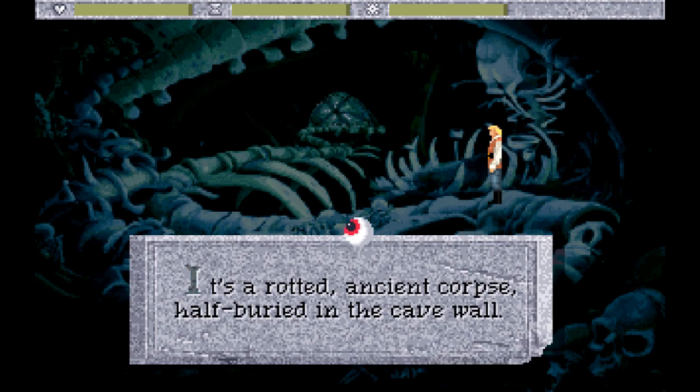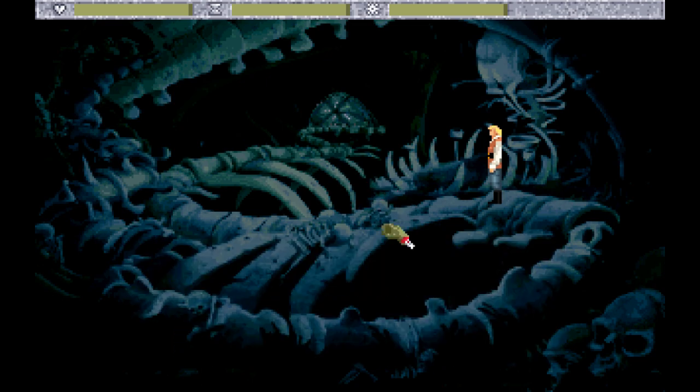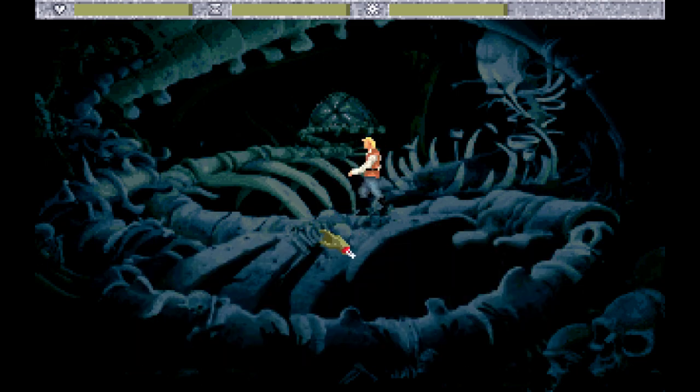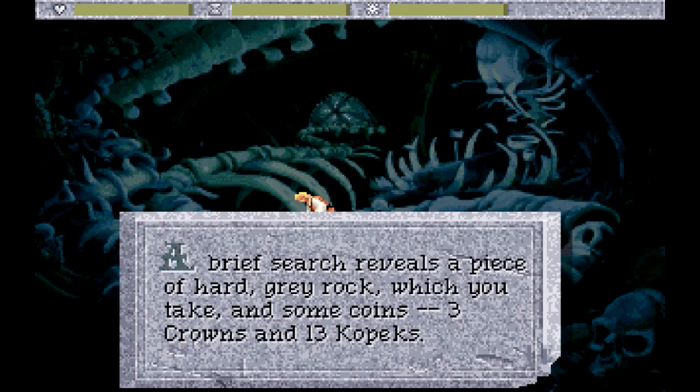It's a rotted, ancient corpse, half buried in the cave wall. Alright, well, let's go loot some bodies. You find 30 assorted copper and gold coins on the body. A brief search reveals a piece of hard grey rock, which you take, and some coins, 3 crowns and 13